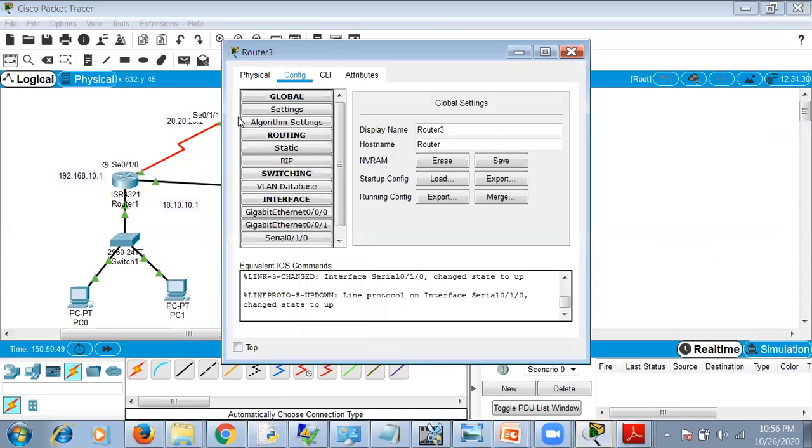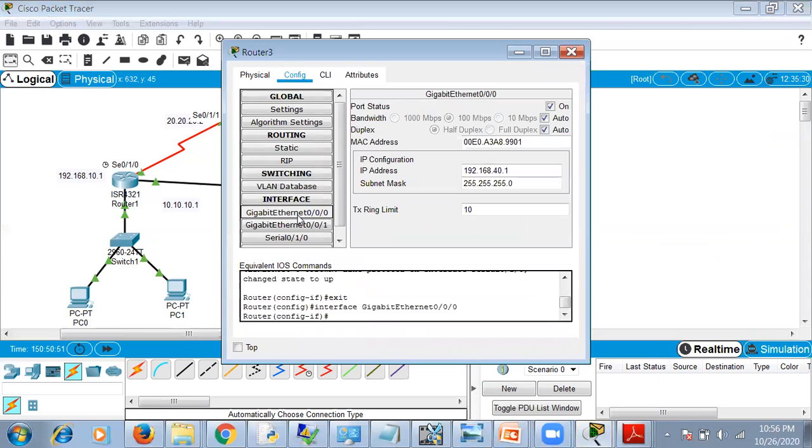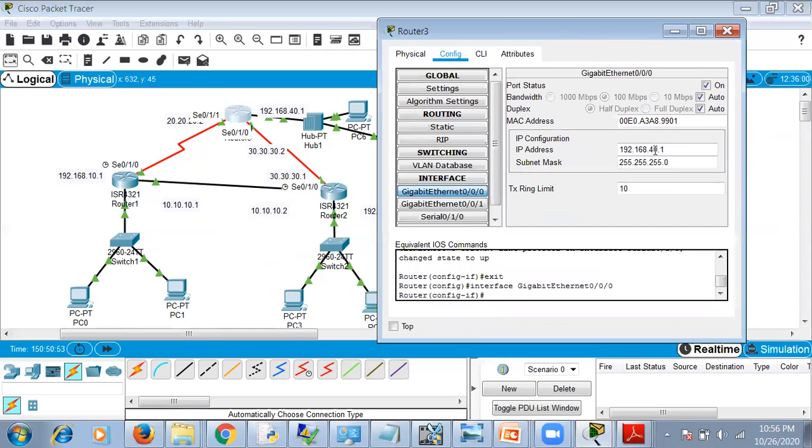So we'll just check once whether all the 3 have been done. So this is 40.1. This channel is done.